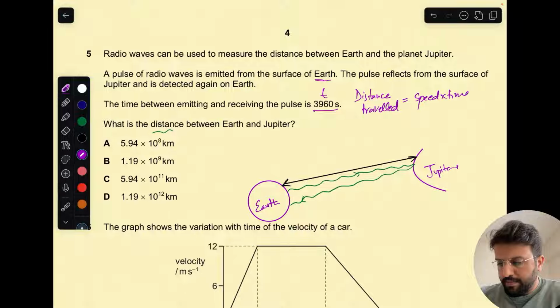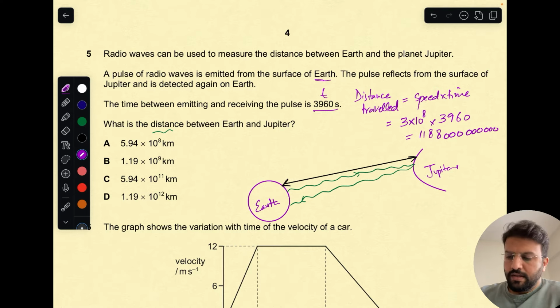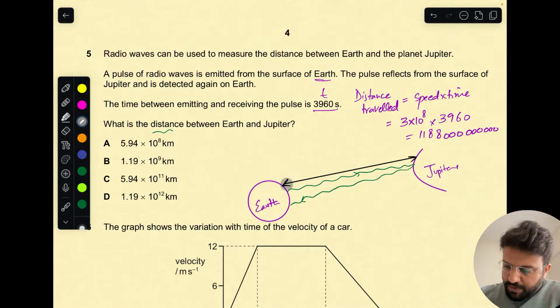multiplied by the time. Okay, speed of electromagnetic wave is constant, that is speed of light, 3 into 10 power 8. Time is already given 3960. When you multiply both of them, you will get a very big number, that is 1188000000000, 9 zeros. Okay, but what we have to find, we have to find separation between them, the distance between